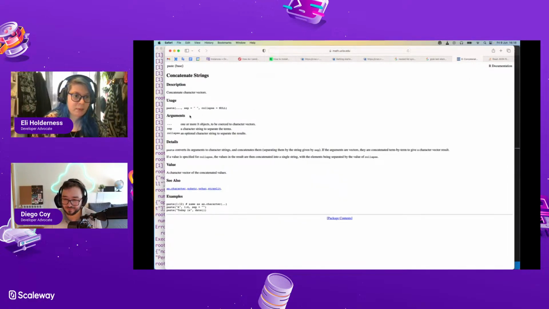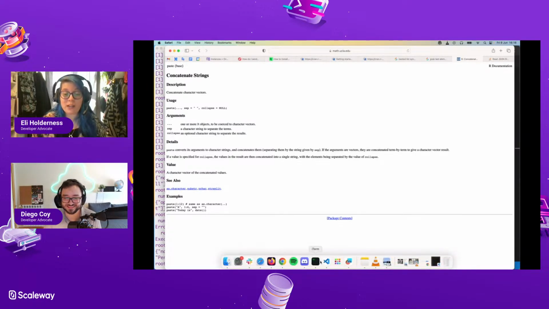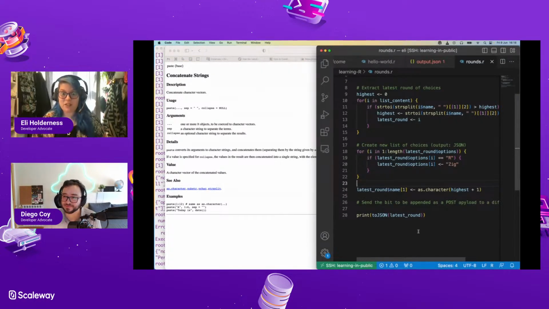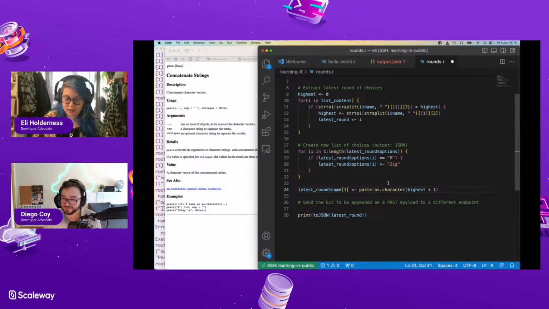Paste sep one or more art objects. I love that. That's so bizarre. Why is it called paste? I know why it's called paste, because of the days of pasting bits of paper onto things. So what I want to do is paste one or more art objects and then